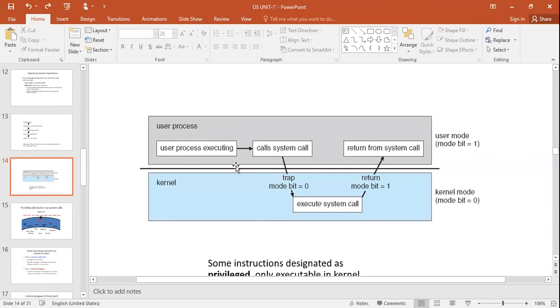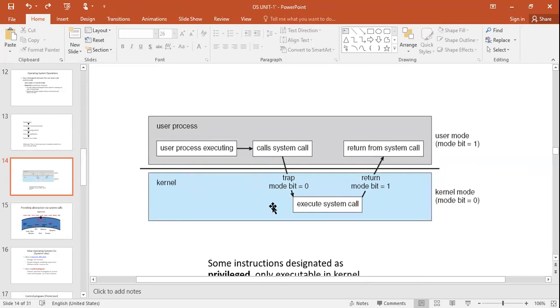For example, here, if you want to create a new file, in order to create a new file we require the services of memory, because that is the place where we can create a new one, right? Memory management is one of the services provided by the operating system. So immediately it needs to shift to the kernel mode. What is the kernel? As we discussed in the last class, the kernel is the core part of the OS.